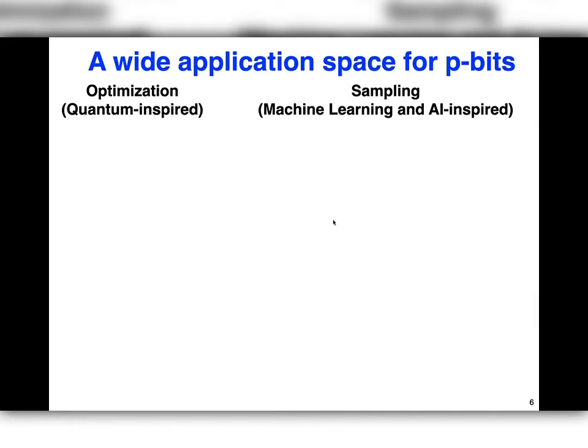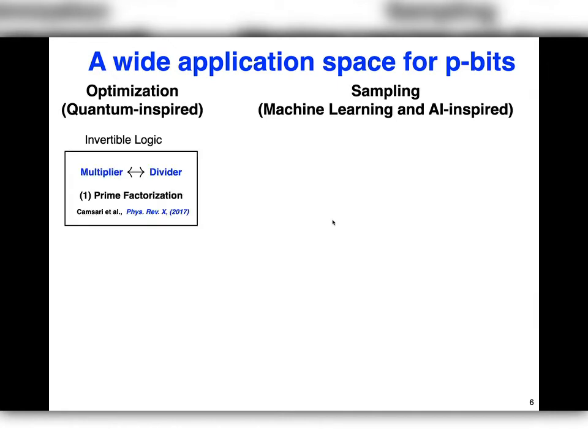So one very interesting paradigm that we invented, inspired by other work and computer science ideas, was this idea of invertible logic. Okay, and invertible logic is a little bit like Boolean logic, like you design a digital Boolean circuit, but then if you do it with p-bits, you can operate the circuit in reverse. So what that means is if you have a binary multiplier, you can operate it in reverse to solve the factorization problem. And I'll show examples of this very interesting concept.